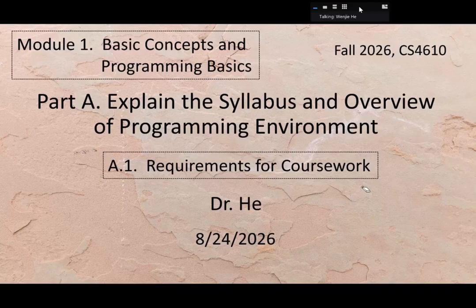So we do some preparation. Module 1, we will have 4 parts, part A, B, C, D. So today, part A, explain the syllabus and overview of programming environment. All right. First, I want to talk about